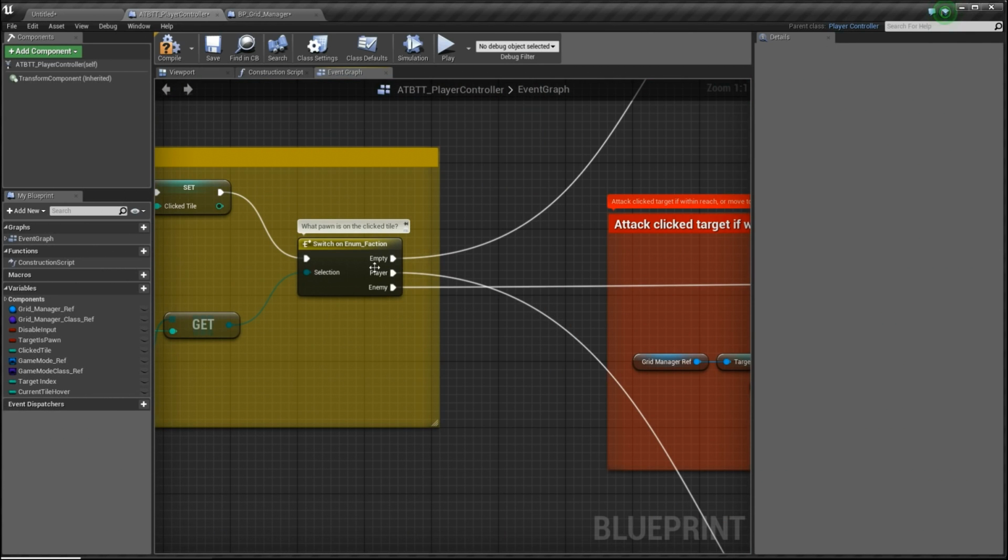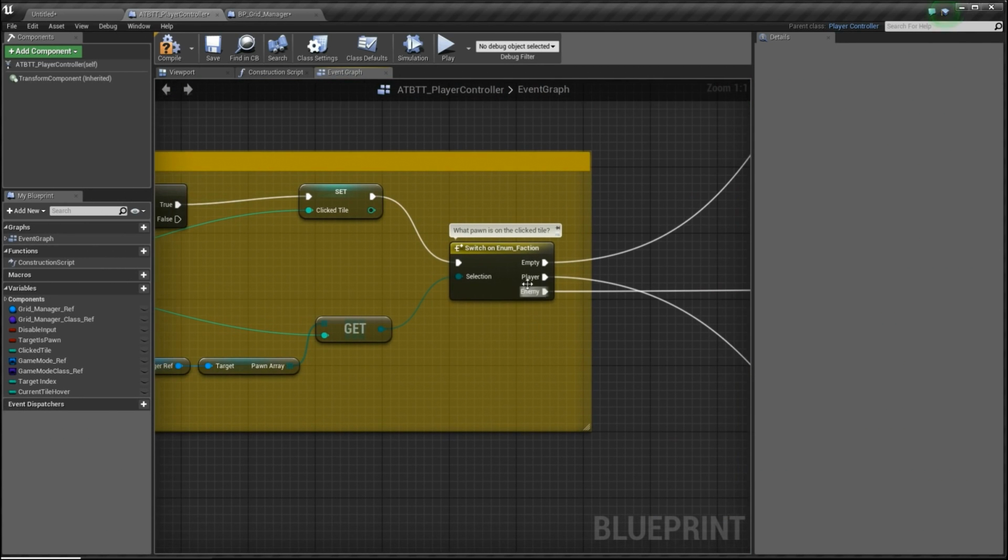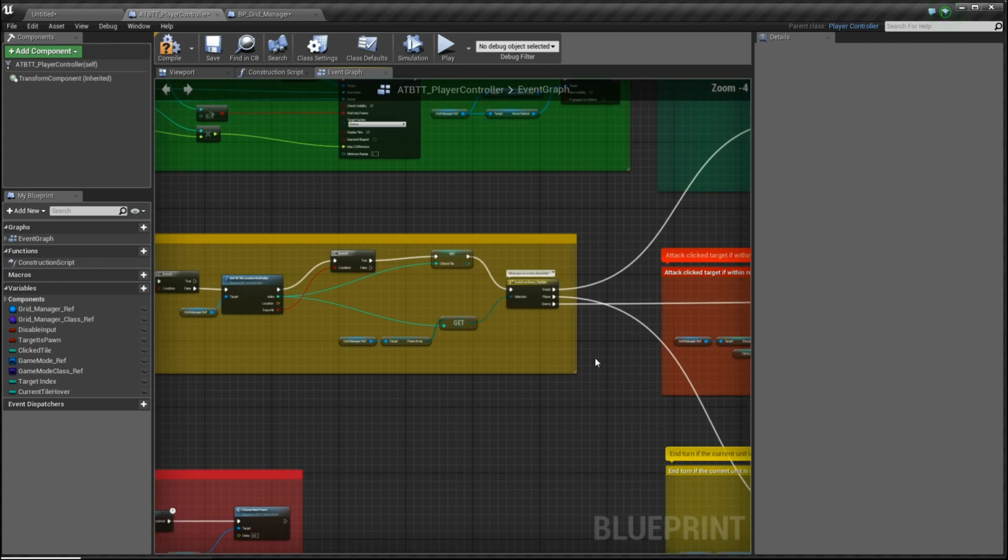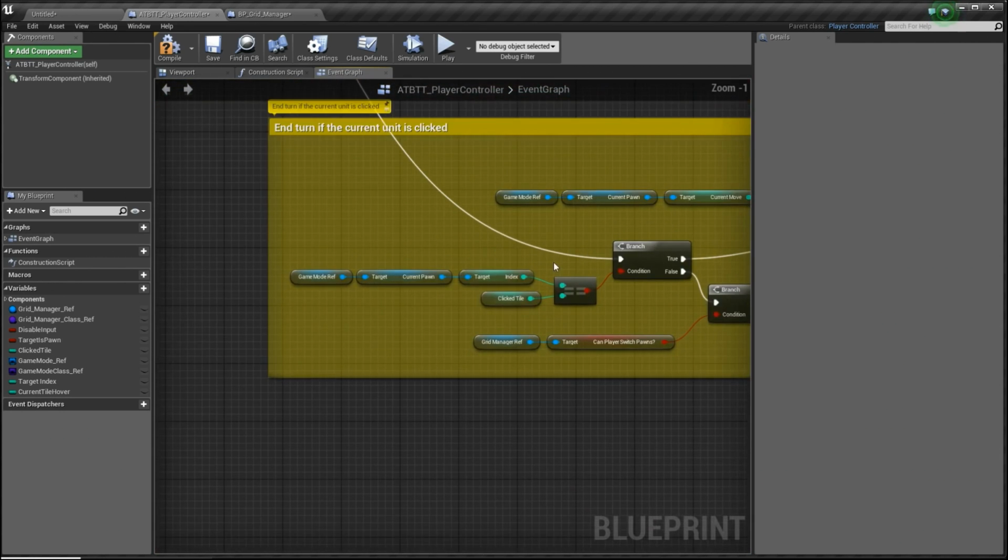Now, to end it, if we are clicking a tile and there's a player pawn on it, what do we do then? Well, that depends really. So